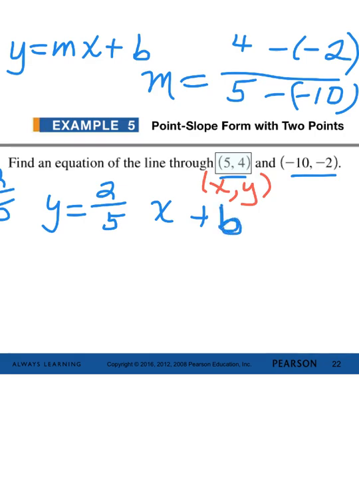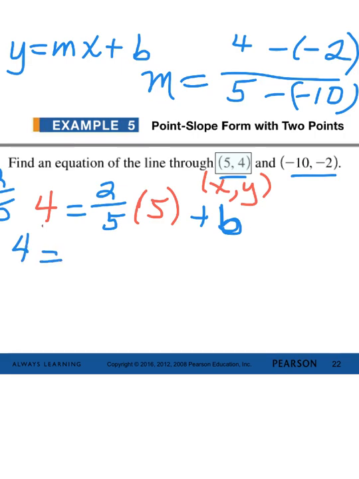And I'm going to replace my x, y with x is equal to 5 and y is equal to 4. So then I have